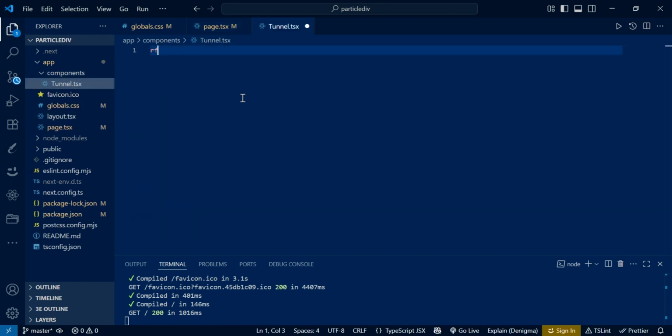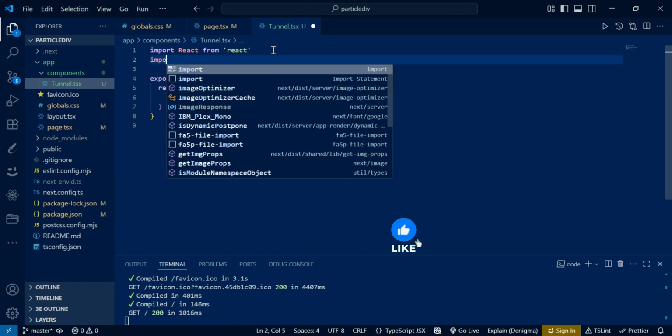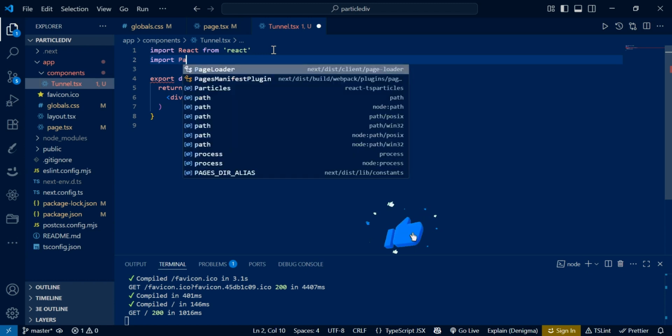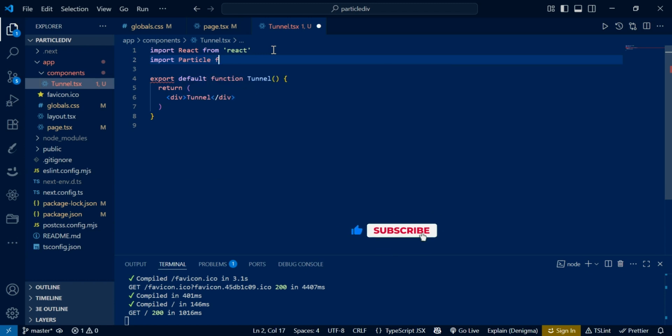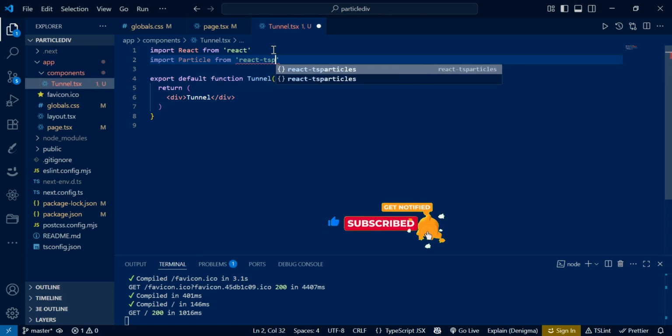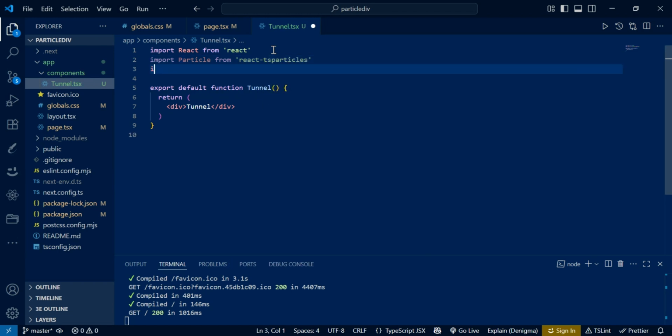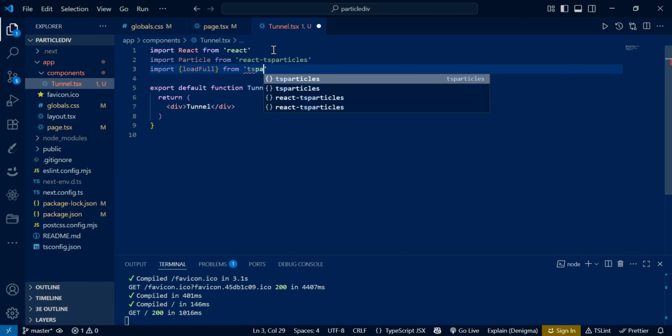Here type rfc and hit enter, and then here import Particles from react-tsparticles, and then import loadFull from tsparticles,